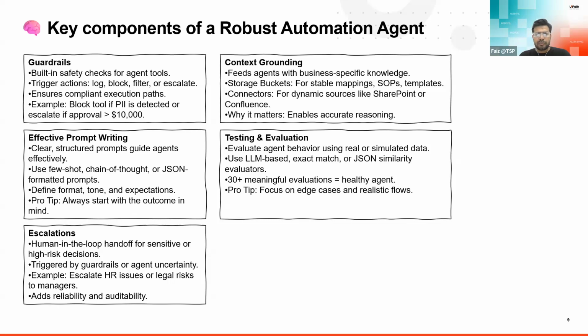Like evaluate the agent behavior using real or simulated data. Use LLM-based, exact match, or JSON similarity evaluators. 30-plus meaningful evaluations equal a healthy agent. And there we have some pro tips. Focus on edge cases and realistic flow. So in the next slide, I will try to cover